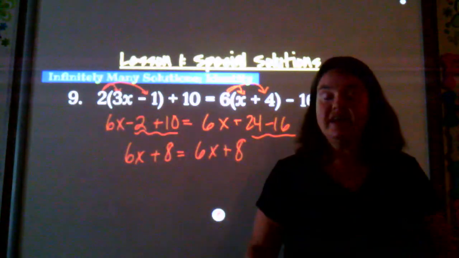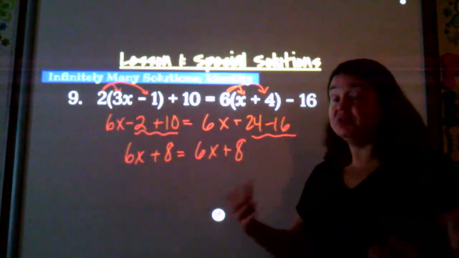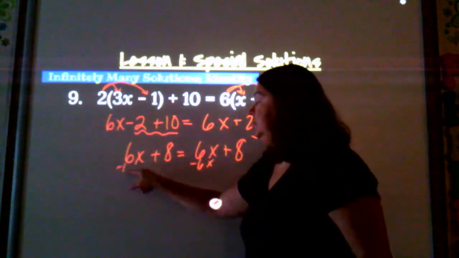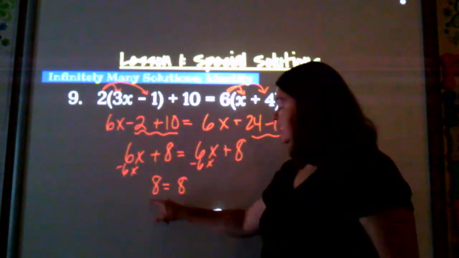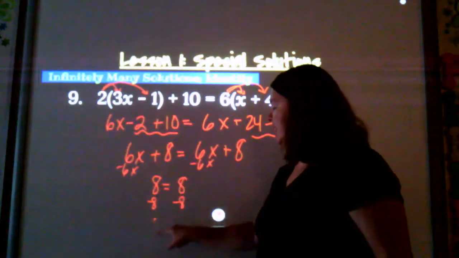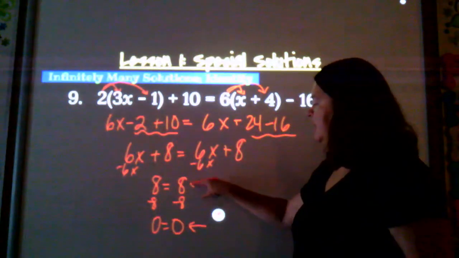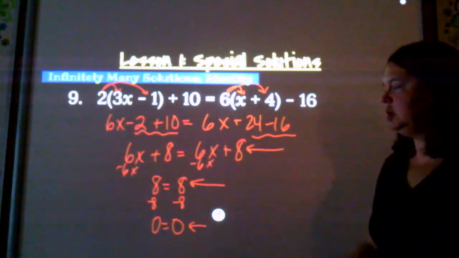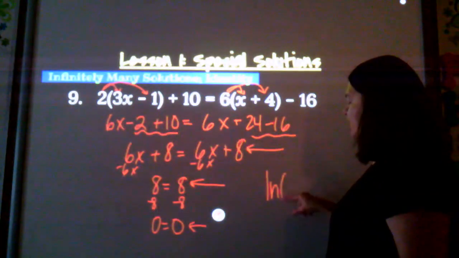And at this point, a lot of you are like, the left-hand side looks like the right-hand side. You could stop there. You could subtract 6x if you wanted to and get 8 equals 8. You could technically subtract 8 and get 0 equals 0. So at any point in time, here or here, or even here, where you notice that they're the same, you can stop and you can write infinitely